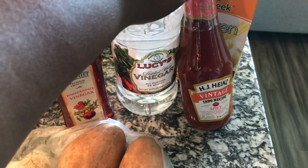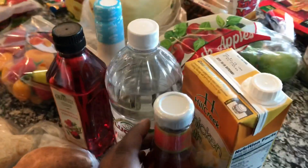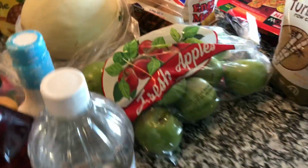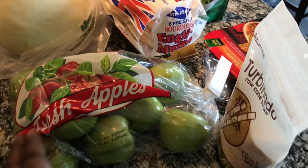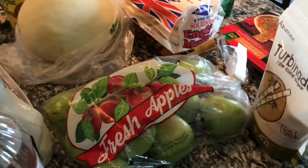Then I had bought some spicy ketchup, of course vinegar to wash my meat. I got some blue cheese salad dressing. I got some chicken broth. This bag of apples was not $1, it was $1.99, but I still think it was a deal because in Walmart, 1 green apple is 97 cents. But they're bigger than these, but